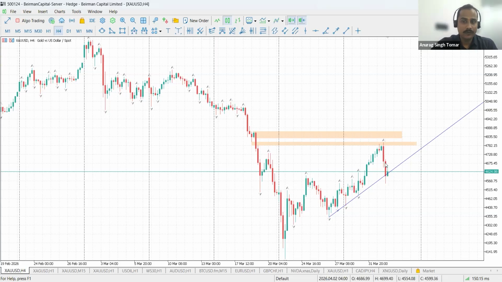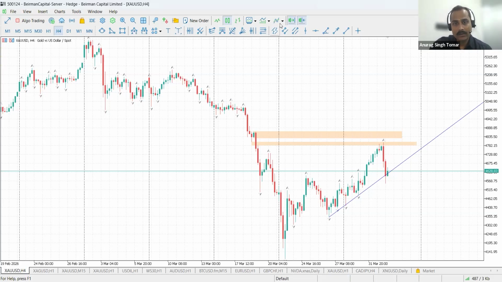In the H4, after a bearish engulfing pattern, we have been forming a bullish harami pattern. That means there is a high probability today we are not going to have a very volatile movement in the prices, because whenever we have this kind of pattern, like this over here, you can see the same kind of pattern, and prices move sideways. So the same kind of movement we are expecting in the prices. So that thing is clear. This trend line is being respected by the market.